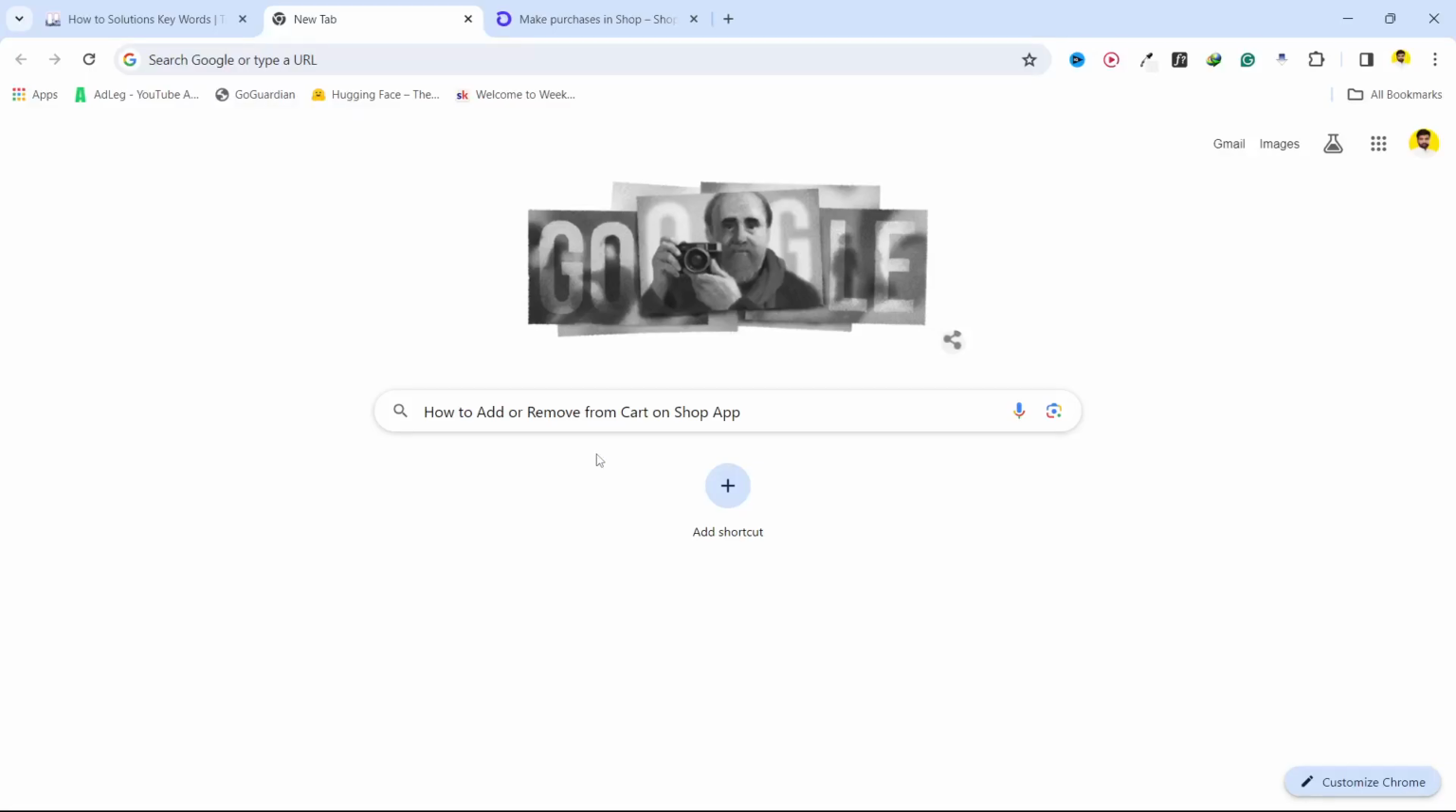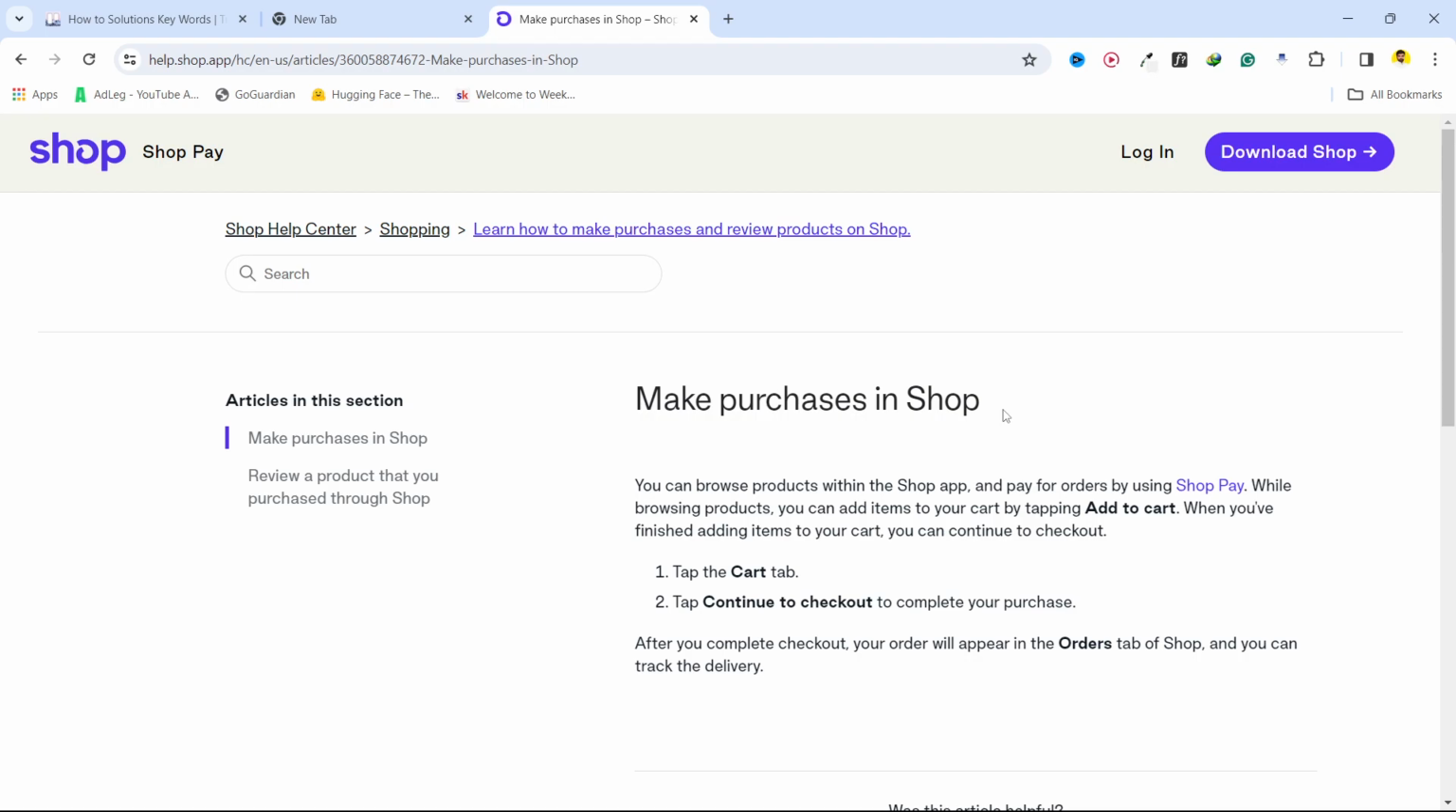In today's video, I'm going to show you how you can add or remove from cart on Shop app. So once you open your Shop app, here you can see the complete process. You simply need to browse different products. If you want to add any items, you simply need to tap add to cart, and when you tap on add to cart, the item will be added into your cart, and then you need to click on checkout